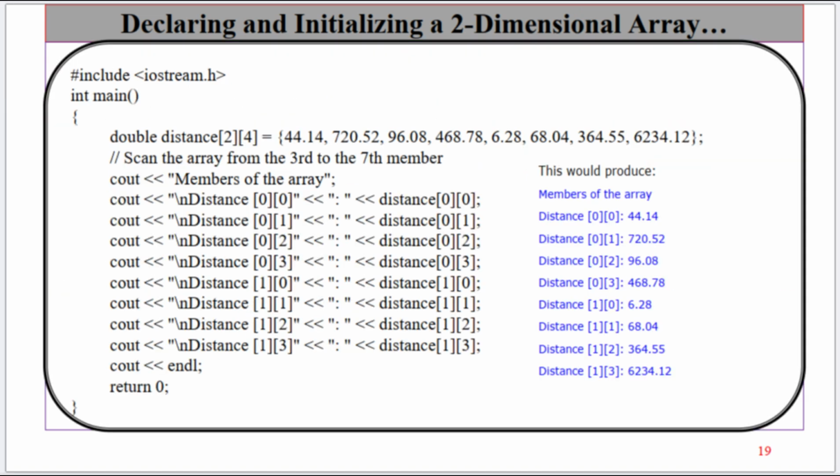18. Declaring and initializing a two-dimensional array. Example: #include <iostream.h> double distance[2][4] = {44.14, 720.52, 96.08, 468.78, 6.28, 68.04, 364.55, 6234.12}; int main()